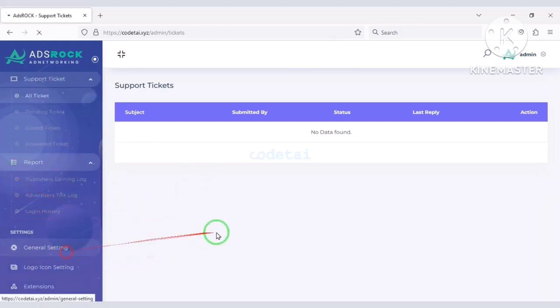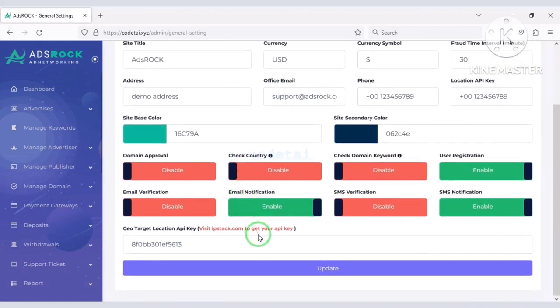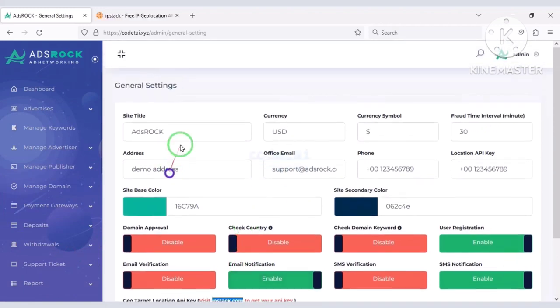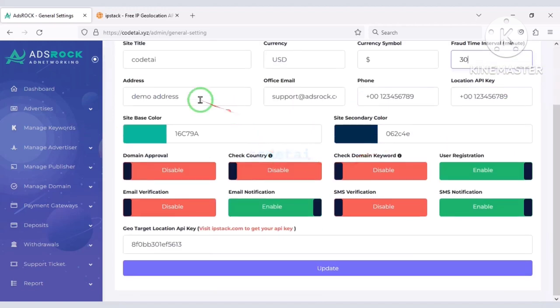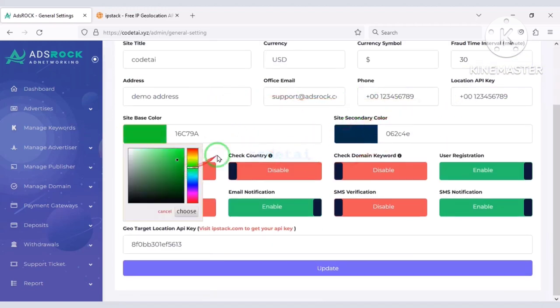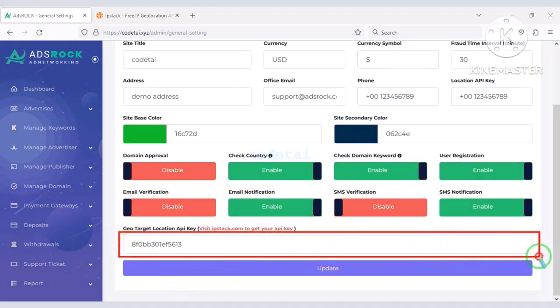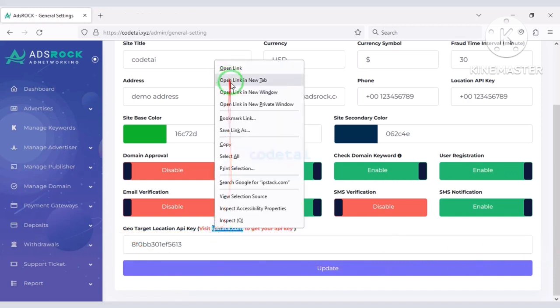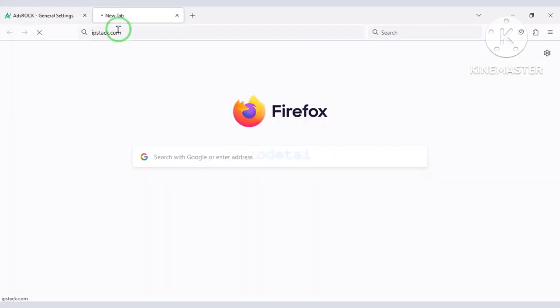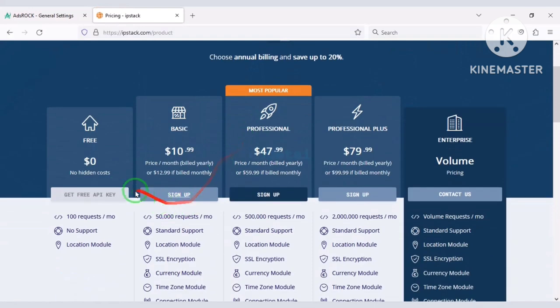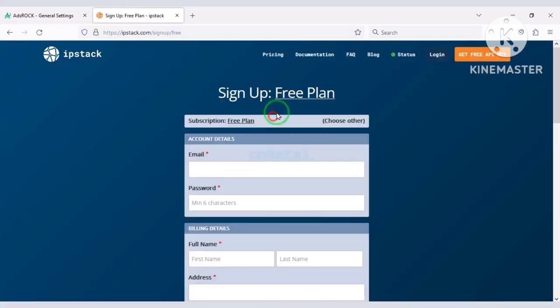In the general settings section, we can customize various information of the website. Now we will add the target location API key to the website. For this, we need to create an IPStack account. We can create accounts for free.